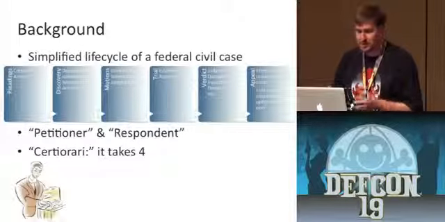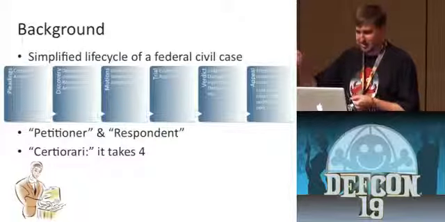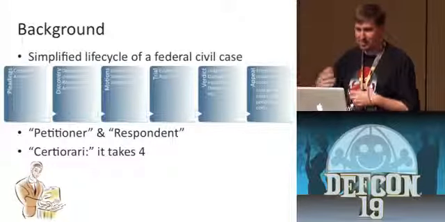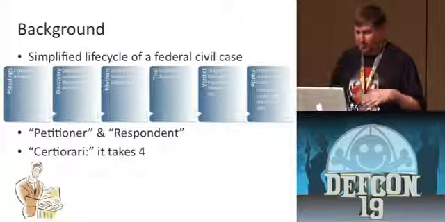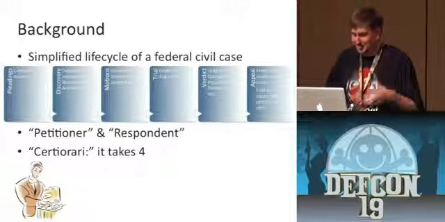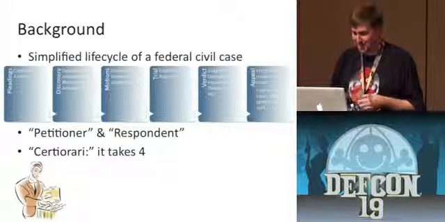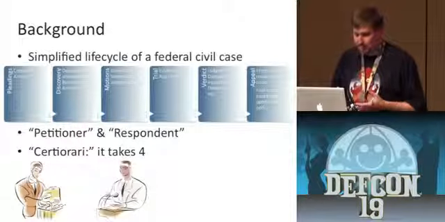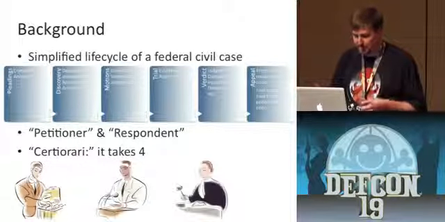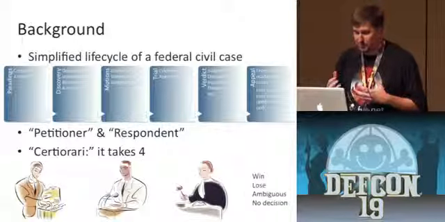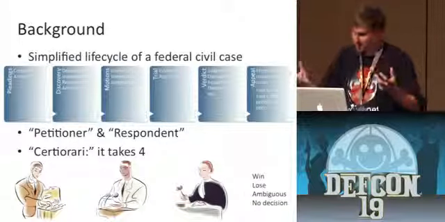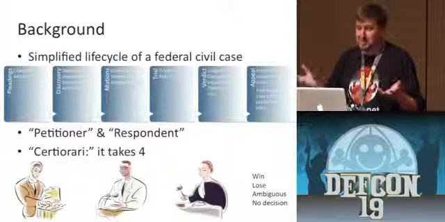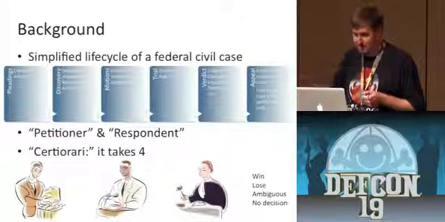So the first thing that happens is the parties file their briefs. In other words, this, Your Honor, is based on just the law and all the precedent that we can see is why I win. After the briefs are filed, they'll be read by the justices' law clerks and then by the justices, presumably, and then we'll have oral argument. And then the justices will deliberate, and then we'll get a result, which is somebody wins or somebody loses, or maybe it's totally ambiguous who won or lost, or maybe they just decide not to decide. Those are all kind of conceivable outcomes.